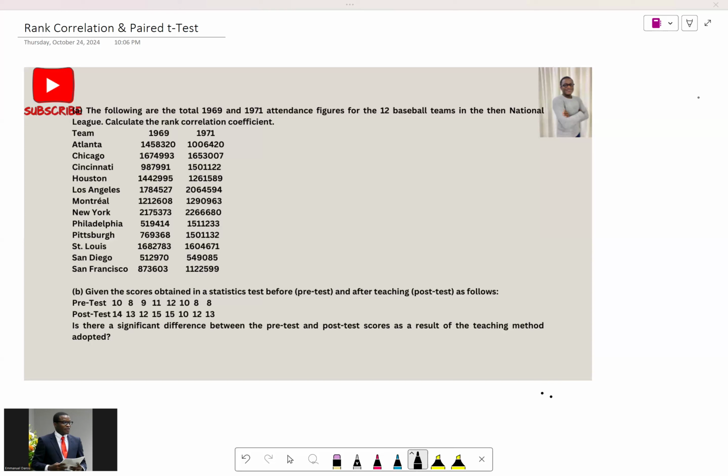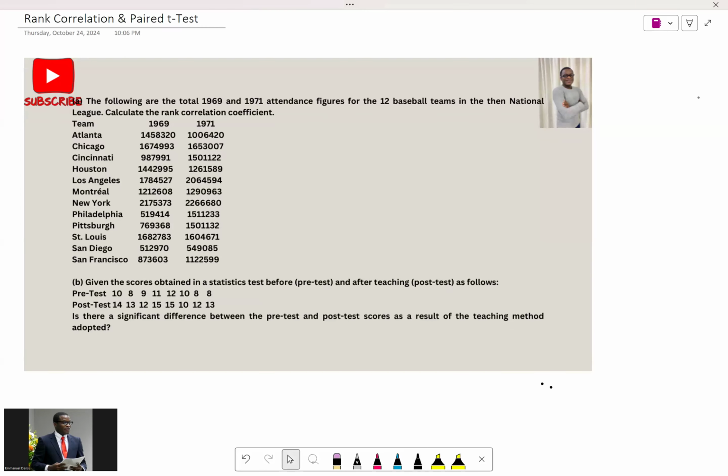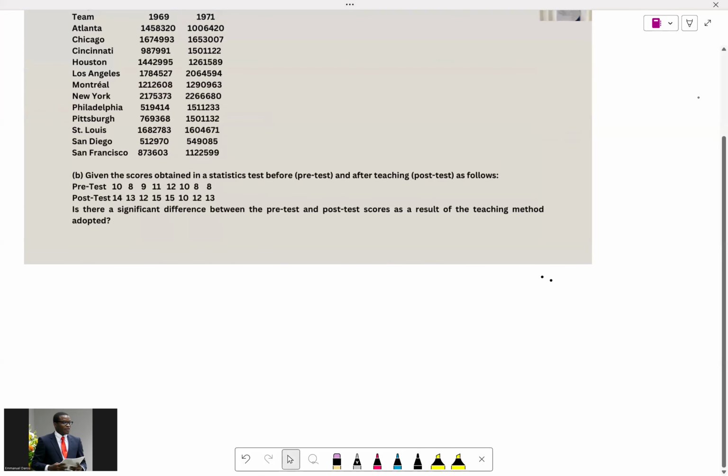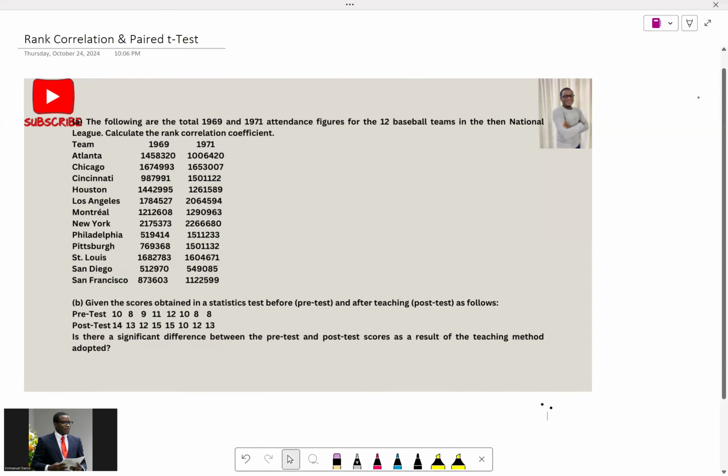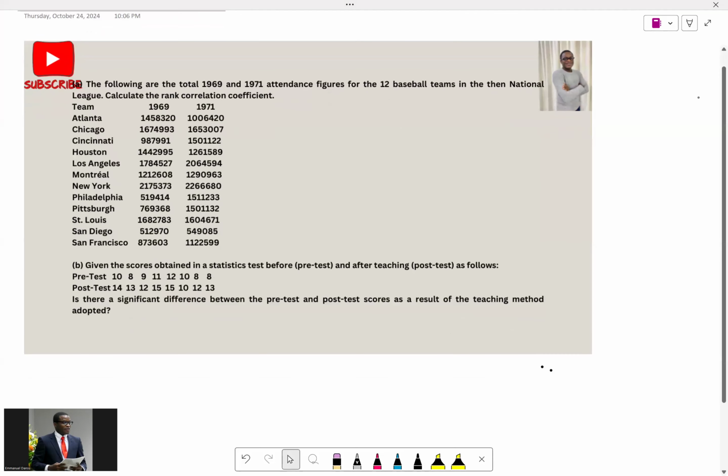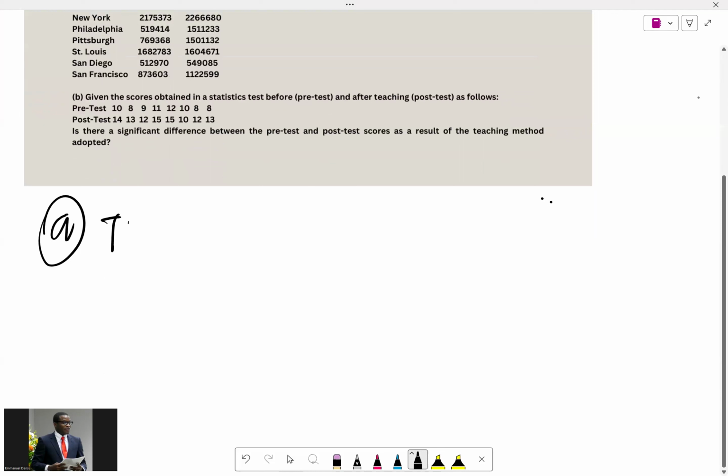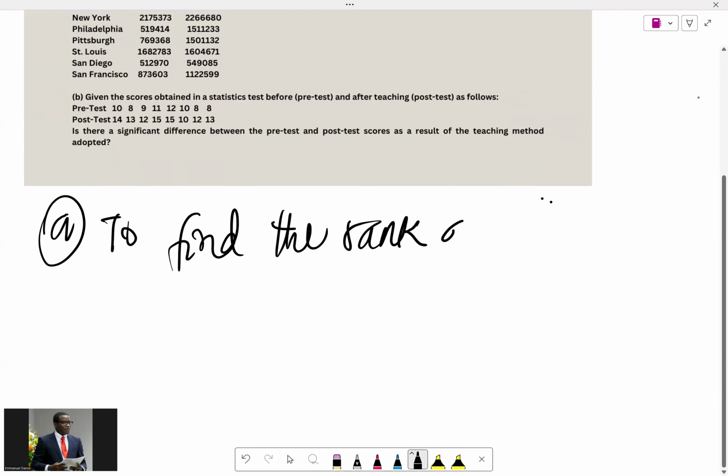So let's go on this journey. The first part is about the rank correlation coefficient, which is otherwise known as Spearman's correlation coefficient. Of course, in the playlist, I already explained how to go about this. It has to do with ranking the values of the data set. So let's go with the first one, part A, to find the Spearman's